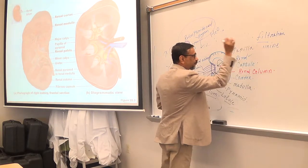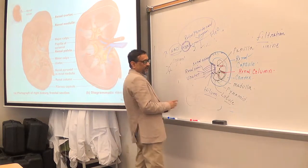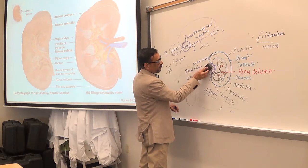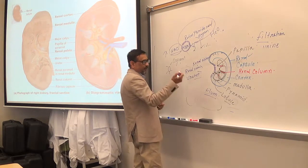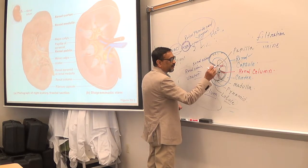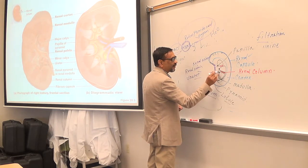Papilla. Okay. So these are the structures you will see inside. Now, this is important to know that from the papilla, the urine is released here. So from the tip of the pyramid, urine is secreted here